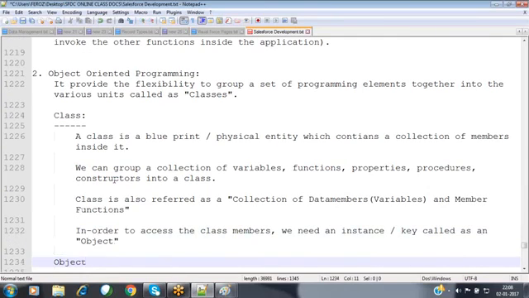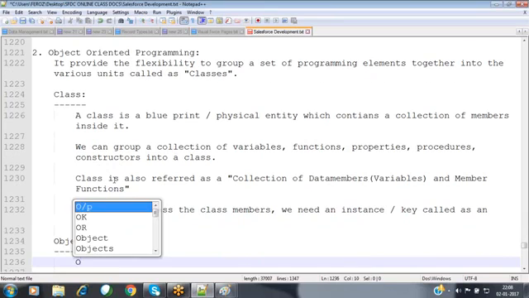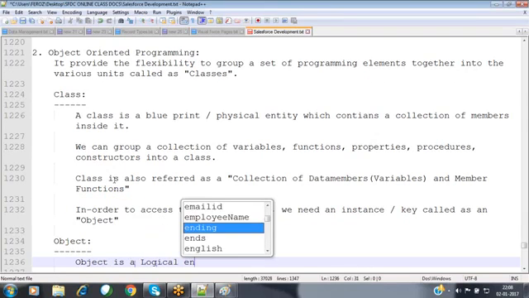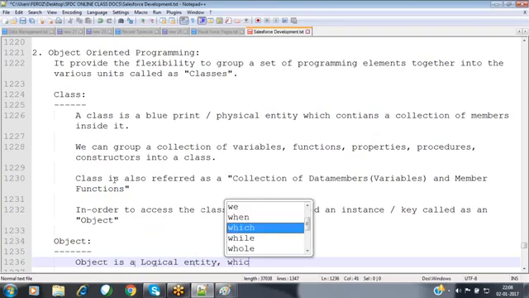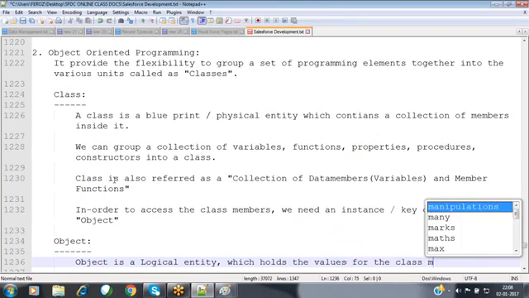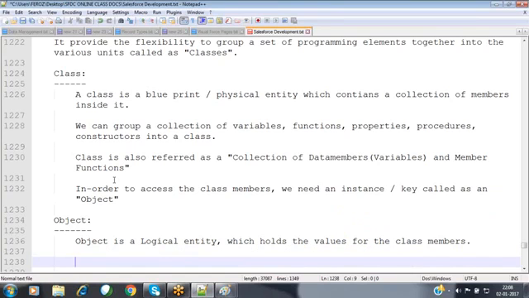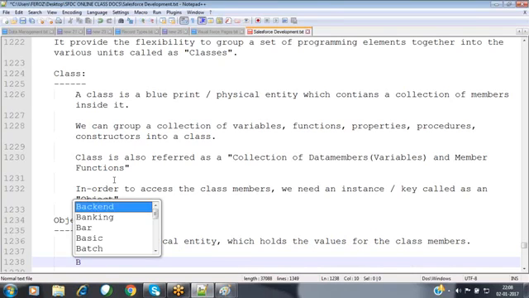Then what do you mean by an object? An object is a logical entity which holds the values for the class members. For each and every class member, we can assign some value through this object only.